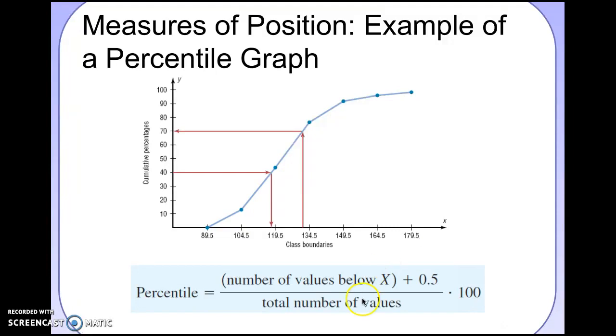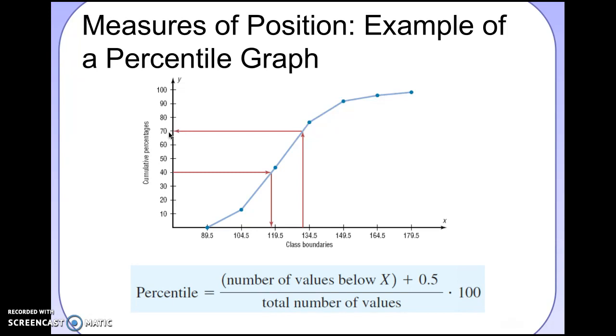Here is a graph that has been made. Percentile graphs use cumulative relative frequency distributions, except for on the y-axis, they do not use the decimal. They're going to change it to a percentage value. And in terms of how to read this percentile graph, let's say, for example, you wanted to know if someone was falling in the 130. What percentile that would be. So go on the x-axis, go up to the graph, then look to the vertical axis, and you can see that is at 70th